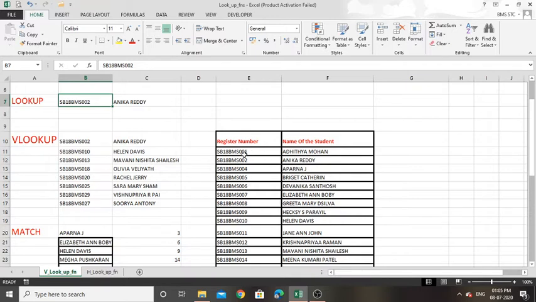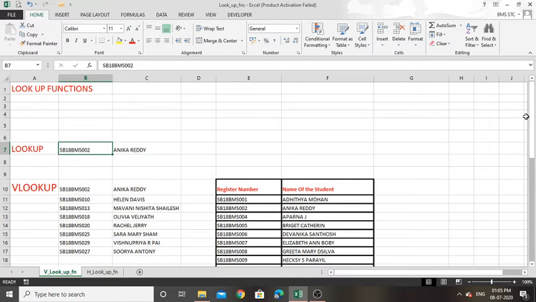So I am using your data for performing the lookup functions. Here I have a register number like SB18BMS002, and I want to know the name of the student who has that register number. So this is my searching key value, and the searching table will be this one.